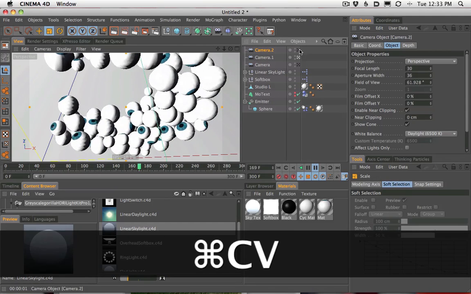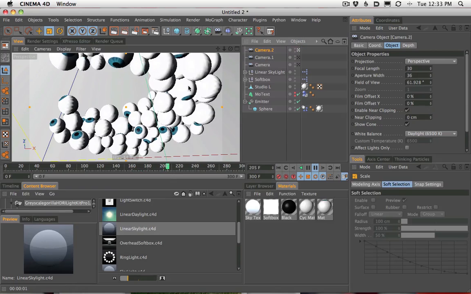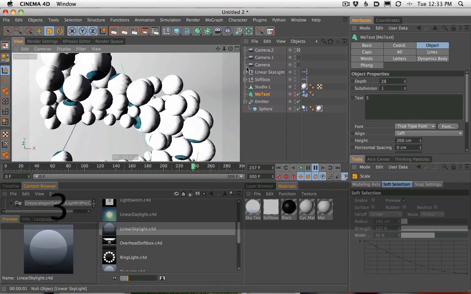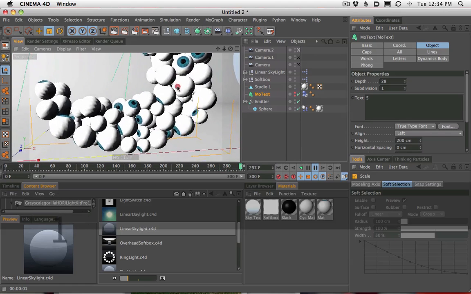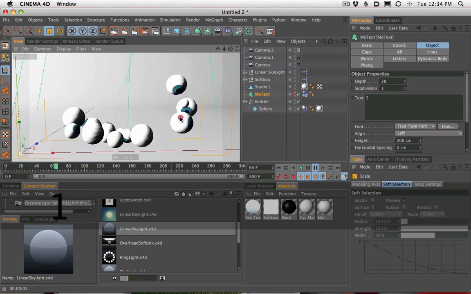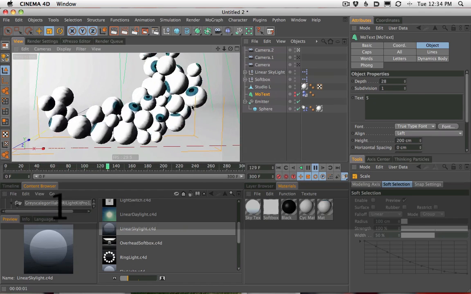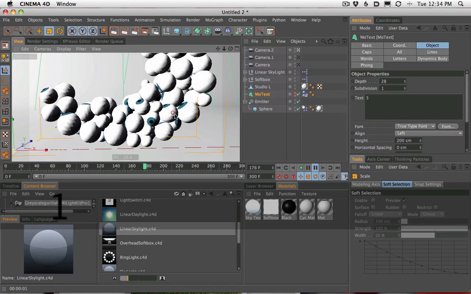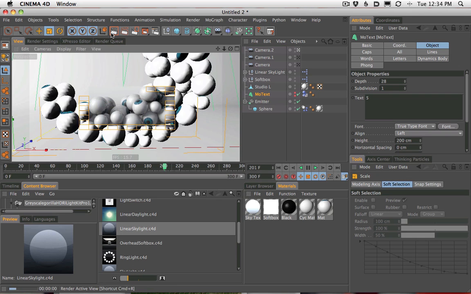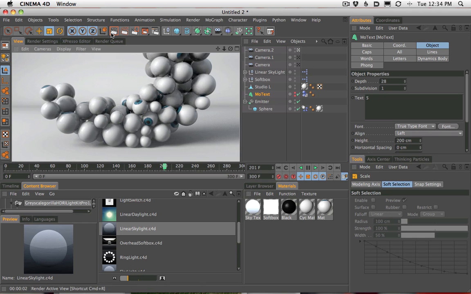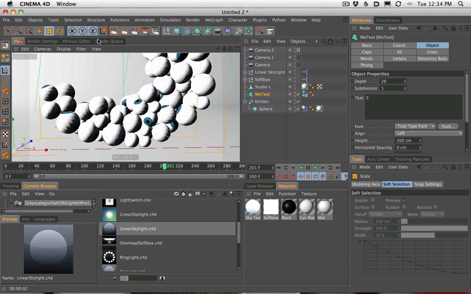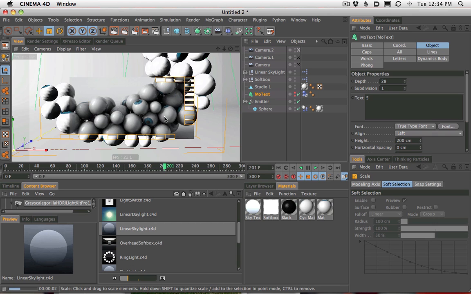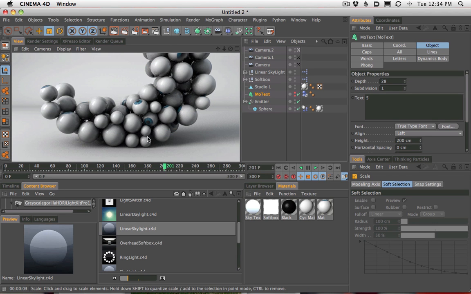So let's say that's an angle. Let's duplicate the camera again and make this kind of bottom angle. So something like this. There we go. So play around with some different camera angles. And I think this looks really cool. I think that'll be a nice render there. We have some nice shadows. One thing I am missing in this scene is some ambient occlusion, I think. If we come in and we go to Effect, Ambient Occlusion, you're going to see we got a lot more darker areas in the spheres. I think this will help out a lot.